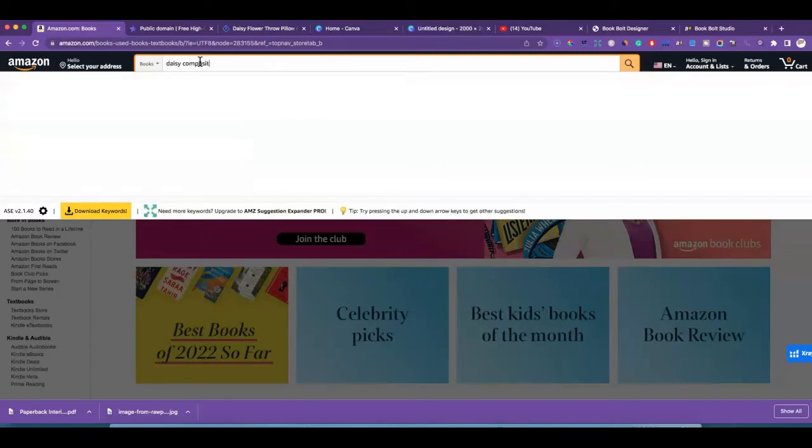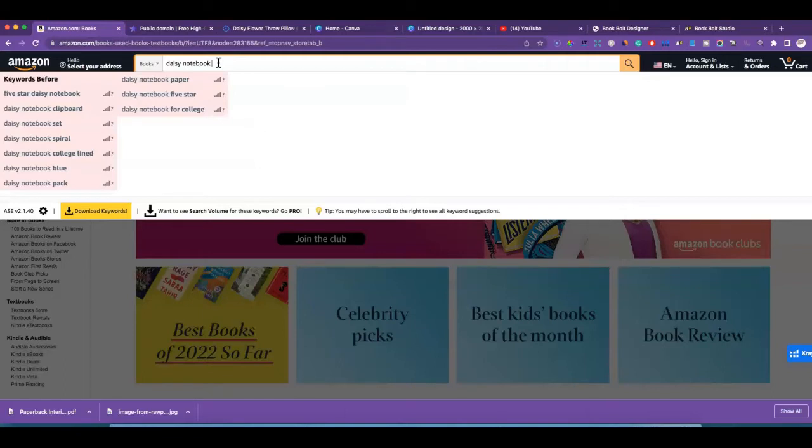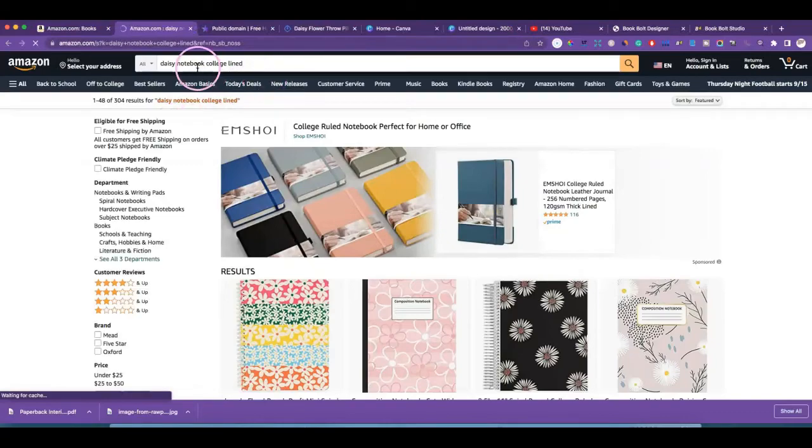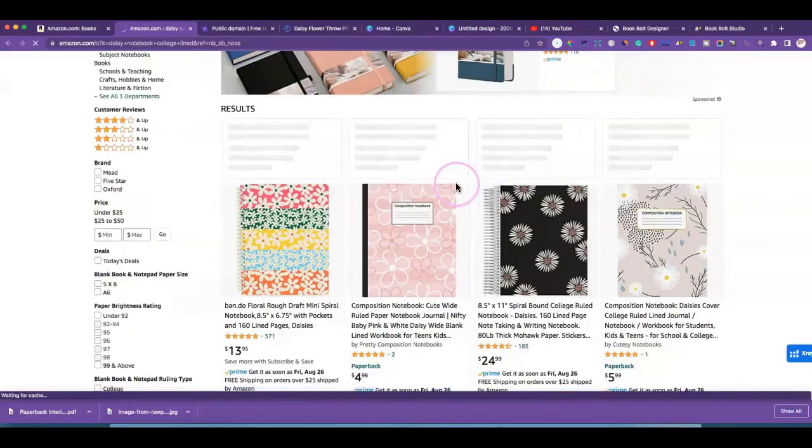So I'm going to go in and put Daisy composition, and this is the AMZ suggestion expander. It just gives you other suggestions when you're typing in something in the search bar on Amazon. So if you put in Daisy notebook, it'll give you Daisy notebook clipboard, set, spiral, college line, and just give you other ideas. So we'll put in Daisy notebook college lined, and you get 304 results, which is good, but